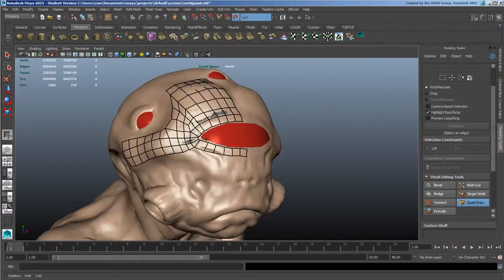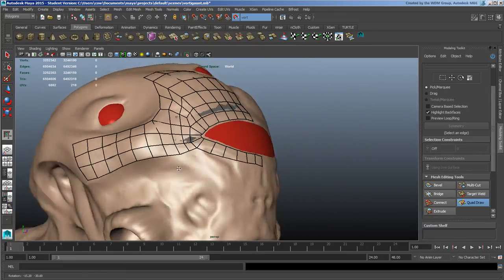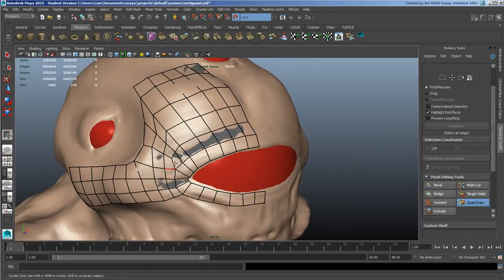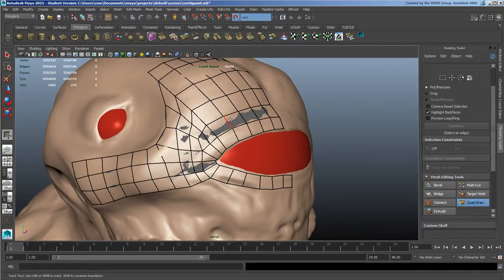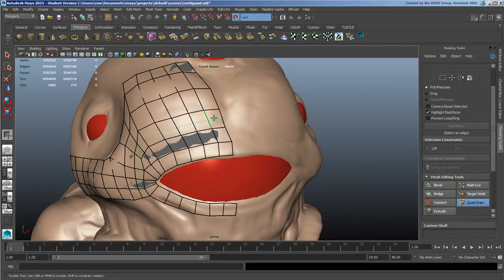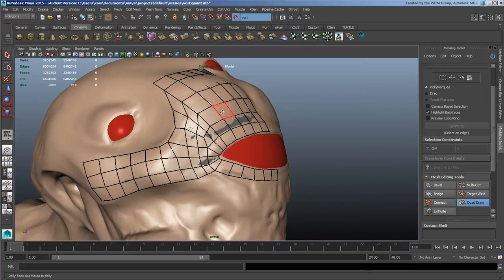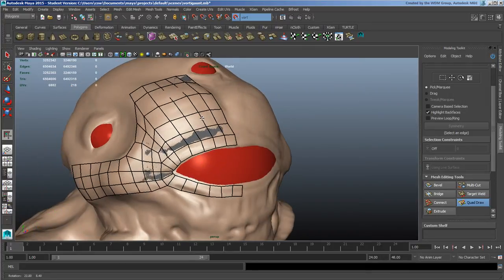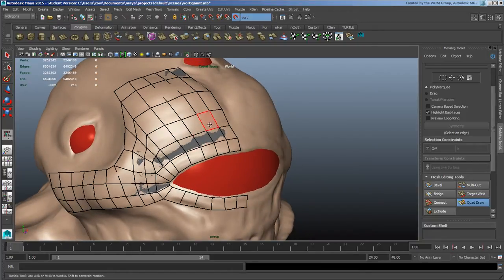Just coming along, and let's say I've gotten to a point where I'm happy with this. Maybe this is going to be some kind of ocular device that I want to sculpt up. I want it based on this piece of actual geometry. Well, I want to add a lot more points, and I could go ahead and start tapping and tapping with Control to add a whole bunch of edge loops, but that's really going to take some time, and I can't quickly and easily reduce that if I take that back into something else like Mudbox or ZBrush or whatever. So I'm actually going to leave the tool momentarily